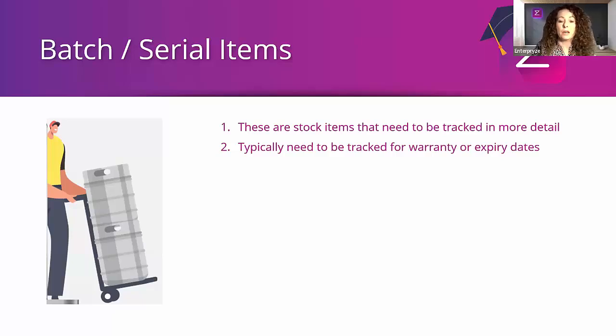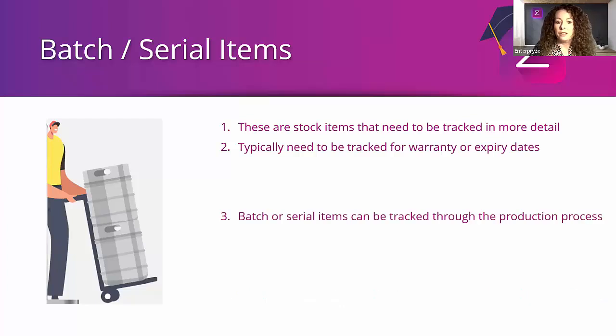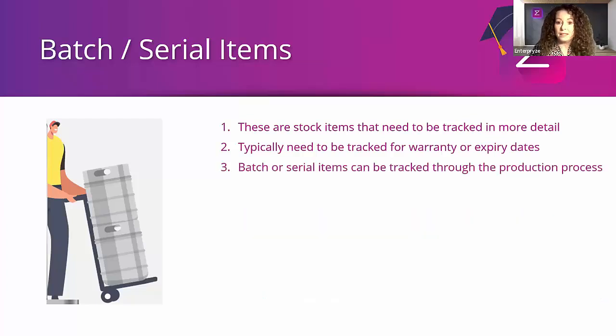So as you're receiving those items in, or perhaps you're in manufacturing and producing those items, you want to make sure that you've got the right information recorded against the particular batch number, so that as it's shipped out to your customer, you have full audit trail and traceability back to the source of the item itself. And of course, batch or serial items can be tracked through the production process, as I've mentioned there